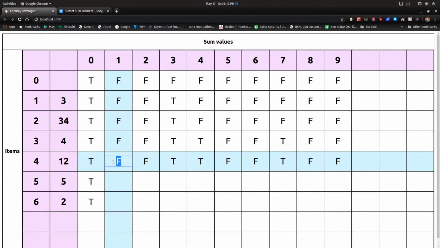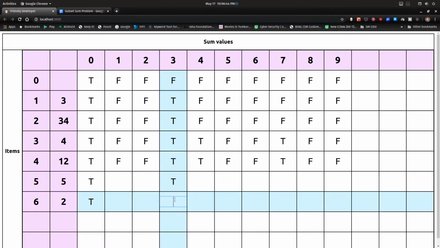Alright, if we consider this row, that means our sub problem now contains these 4 elements 3, 34, 4 and 12, and here I have filled the table for you. Now I think we can take a shortcut here, guys. If you look at this row, what we were doing every time was checking by excluding 5. That means we were looking at the previous row, and if that previous row was true, we were copying the same thing to the next row, right?